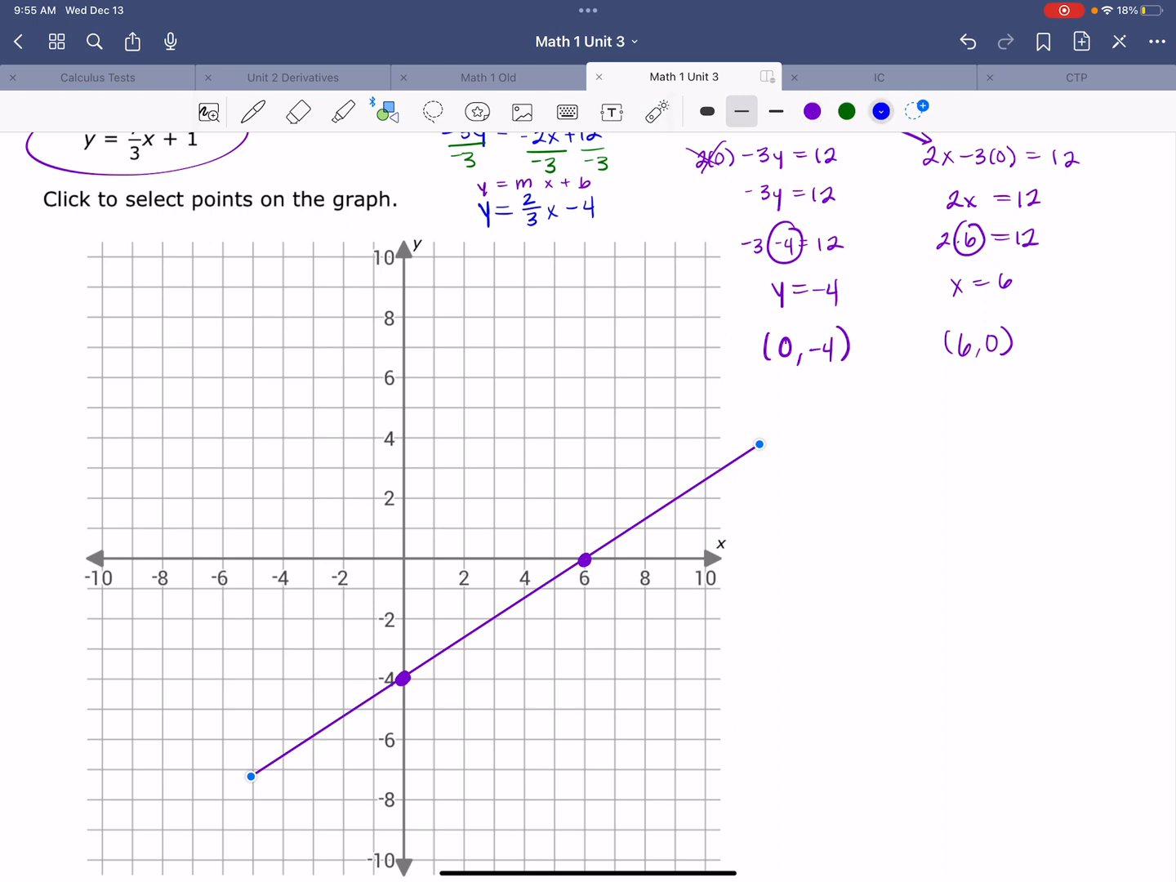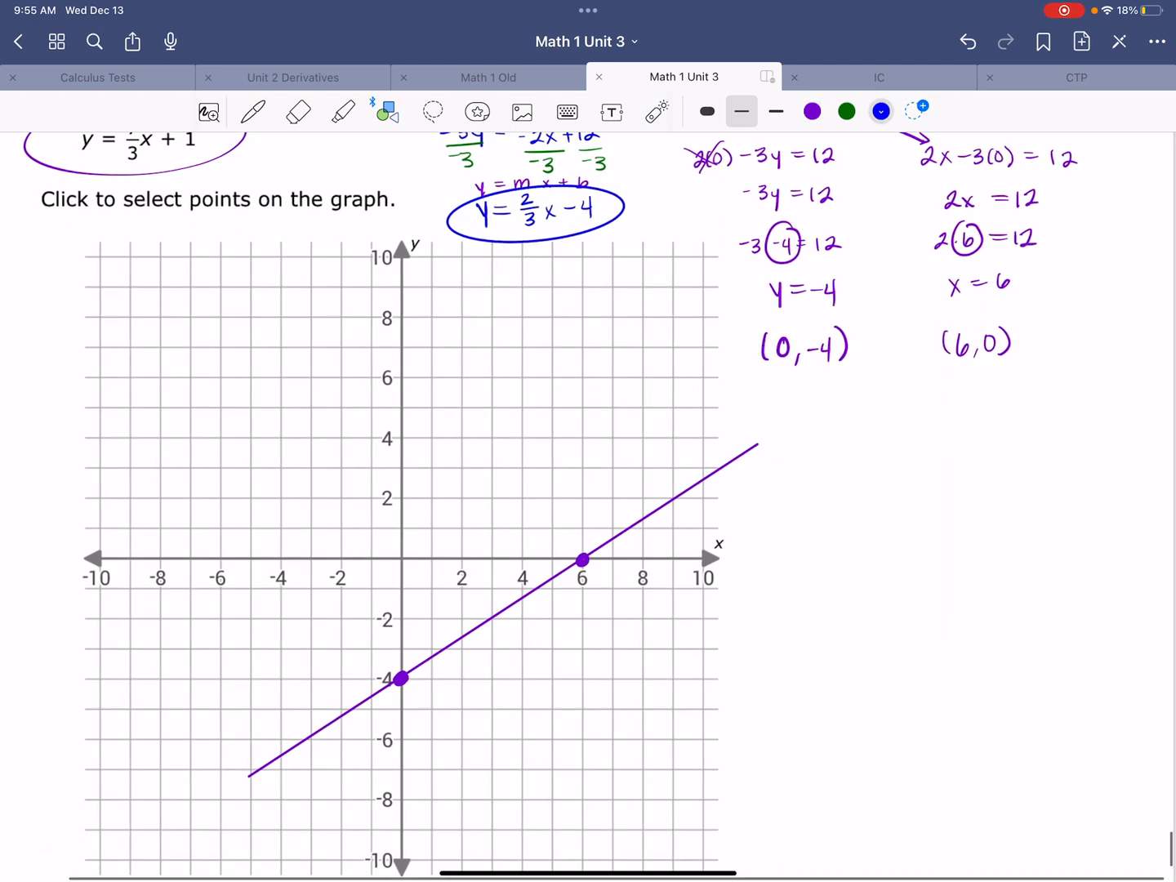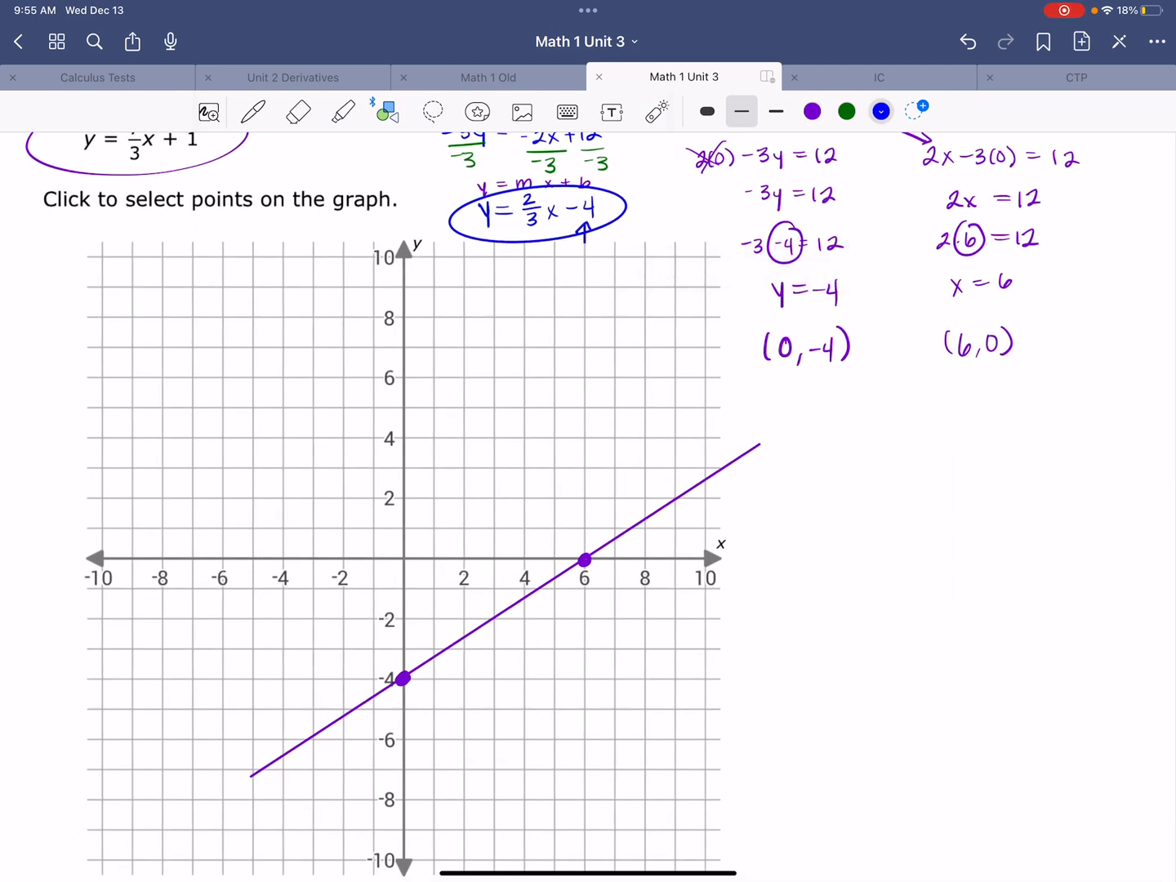Now let's come back to option 1. Option 1 said we start at negative 4 because that's my y-intercept. So notice that that point lives right there, and I go up 2 over 3. Up 2 over 3. So you can see I'm getting the exact same line regardless if I do option 1